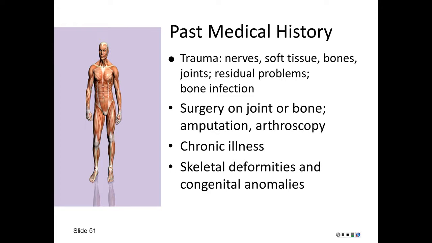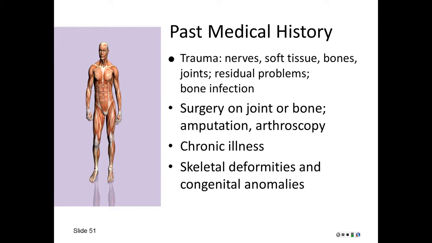from previous injuries, and any kind of bone infections they have, like if they've got diabetes and they've got a big infection that's gone all the way down to their bone. You want to know that. And if they've got osteomyelitis, that kind of thing. If they've had surgery on the bone, if there's been any kind of arthroscopic examinations, or scoping a knee is a real common one, amputations, any chronic illnesses,